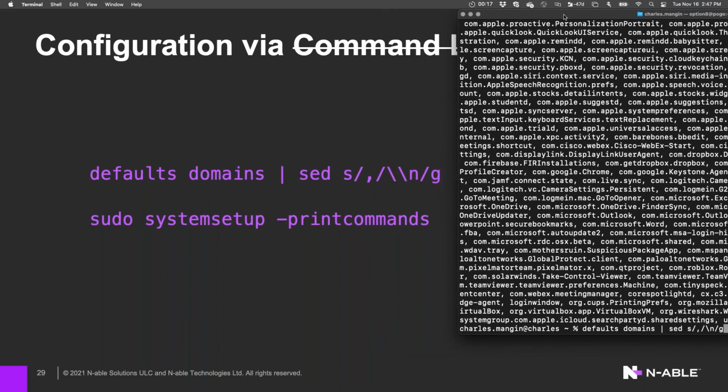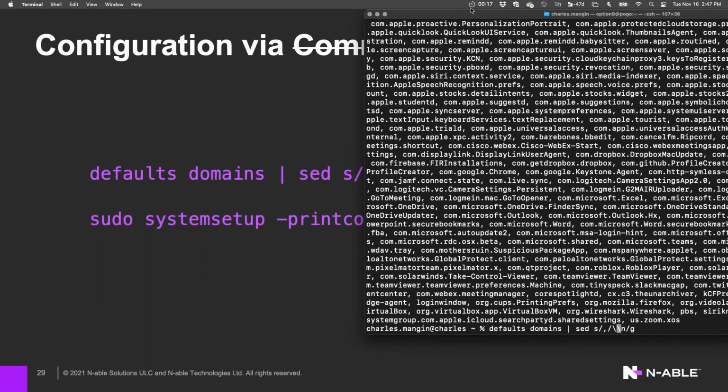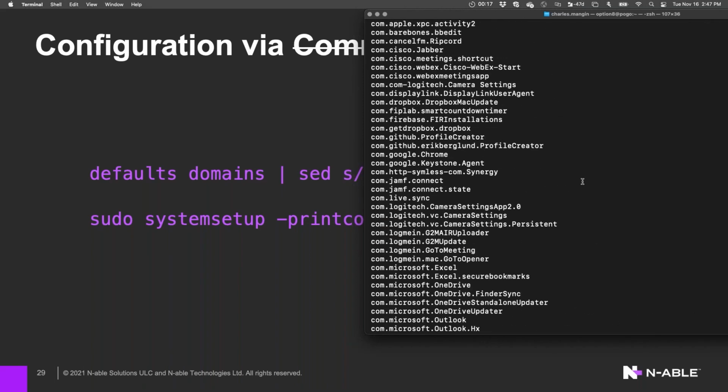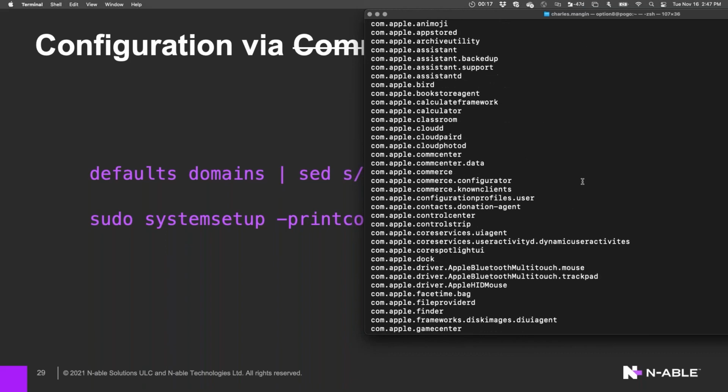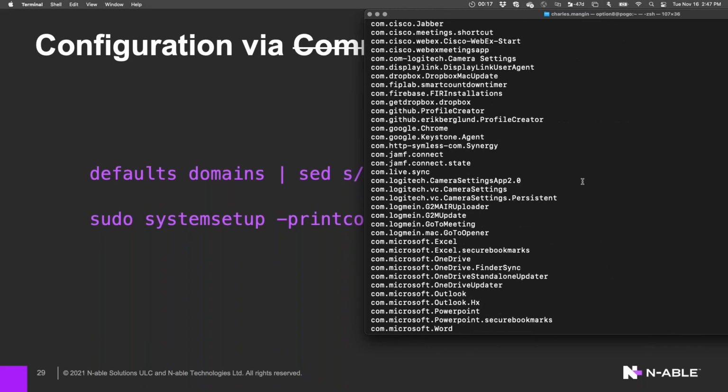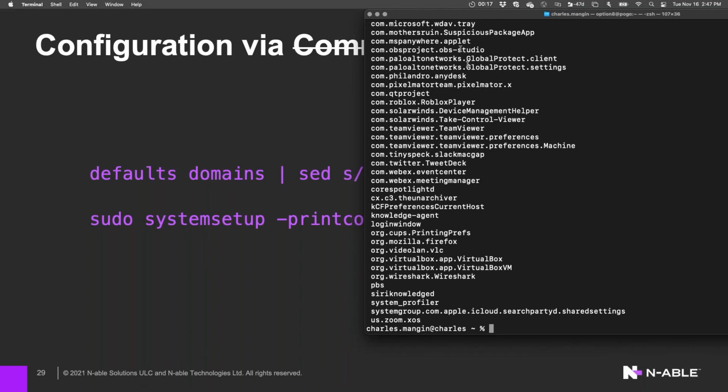I think, yeah, I need to escape the backslash here. So what that is doing is looking for every comma and replacing it with the newline character, which is represented by the \n. And now I have a nice pretty list with, instead of commas between everything, a new line between everything. So just a quick little Easter egg there for you.